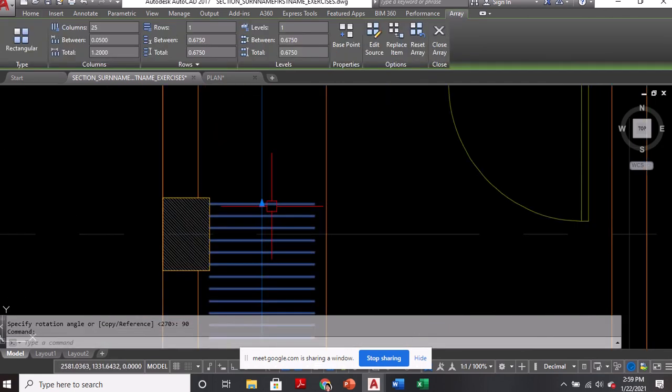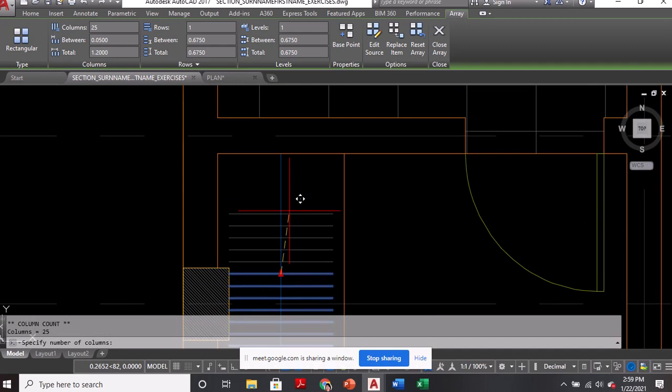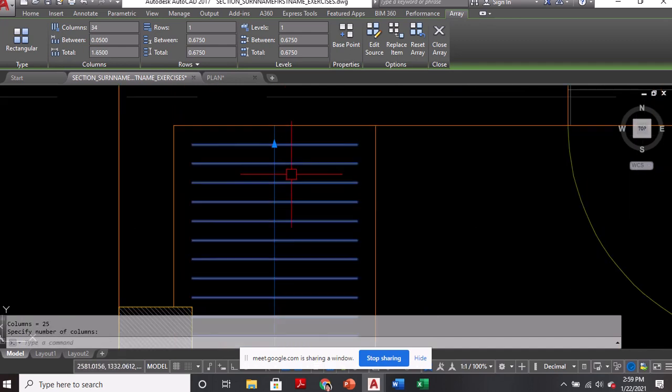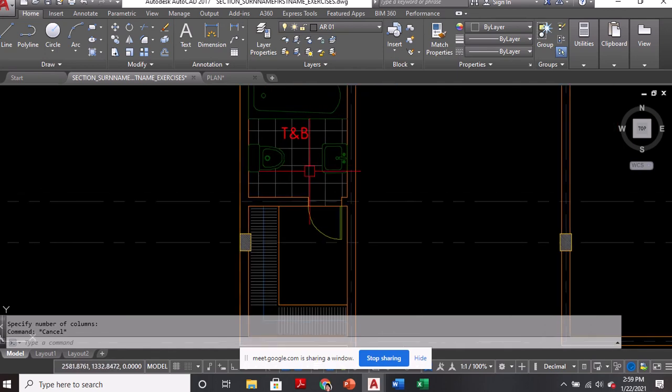Kulang? No problem. You just have to select the object or the array. Make sure na hindi ina-explode and you make adjustments. Okay? So, same with the other closets. Pag meron kayo na encounter, you don't have to create a new one. You just copy yung isa. Okay? Now, of course, you have to label it